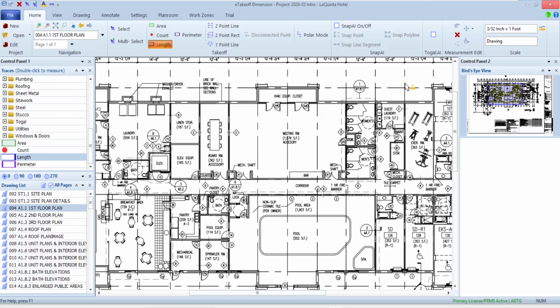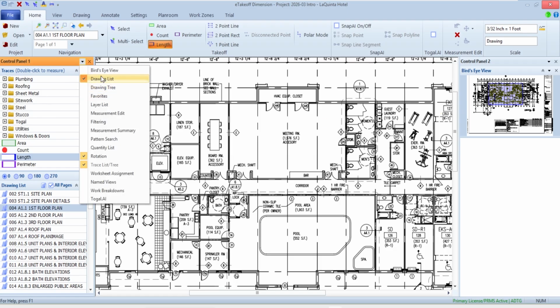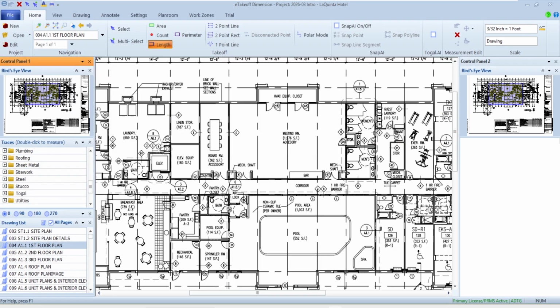So let's get started. We talked about pages and shifting pages and all that type of thing in the previous video. I had the bird's eye view on here that we're using. I still like the bird's eye view, but I'm going to move it over here just to reduce some of the stuff on the right side when I add some more things to it, so that way I can still see my traces when I'm ready for it, to help me do takeoff on certain things that we'll take a look at later in this section, and then also the different pages that we had talked about.